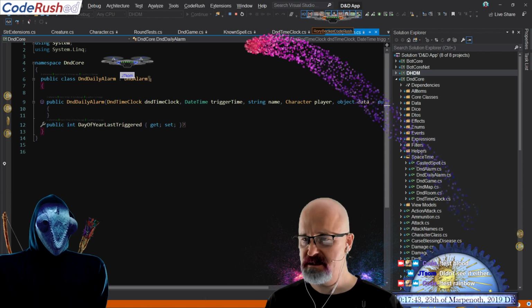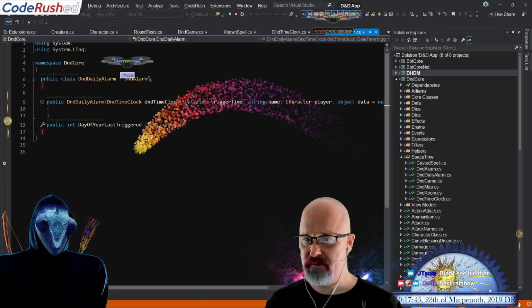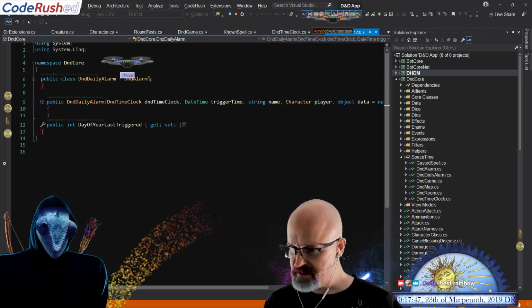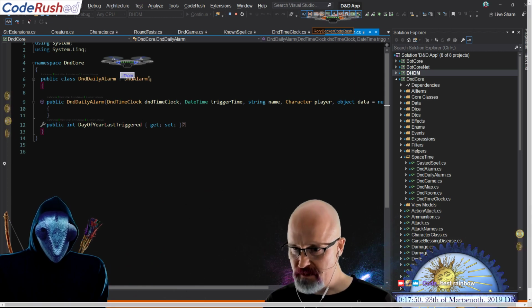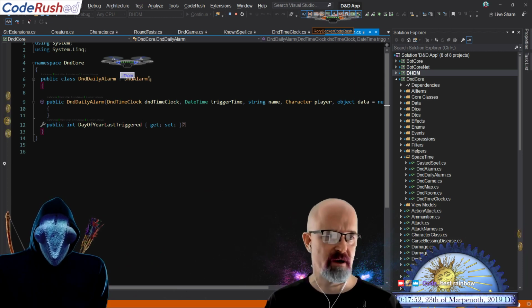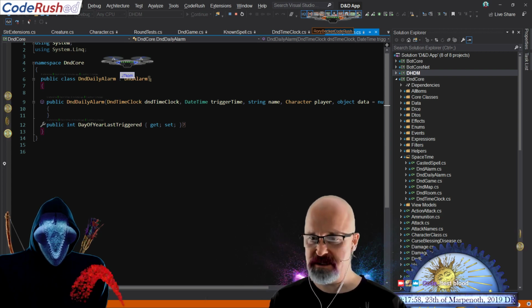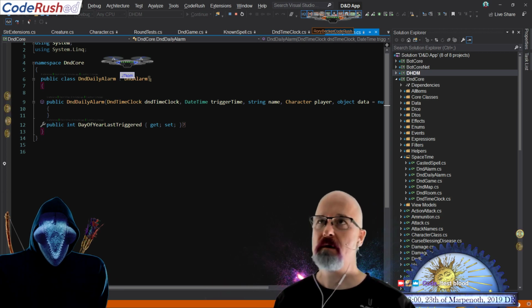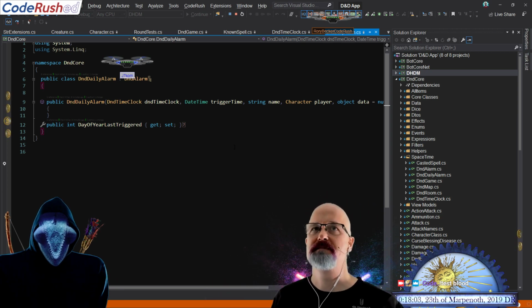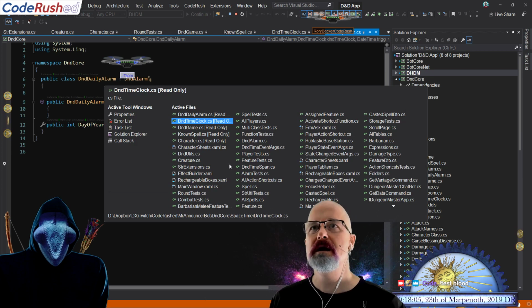Is the front happening? Maybe it's the front overlay. Oh, wait, hold on. The front overlay is turned off here. Why did I turn it off? Okay, now it's refreshed. Now let's try test blood. I think test blood might show up on the front overlay. There it is, right over there. That's cool. That's a little particle effect making that blood effect right there, which is kind of cool.